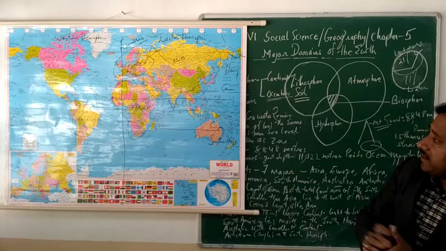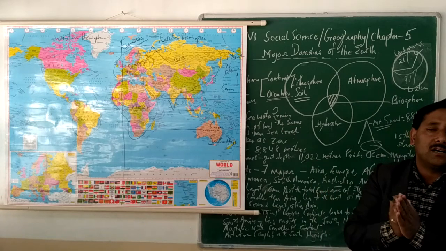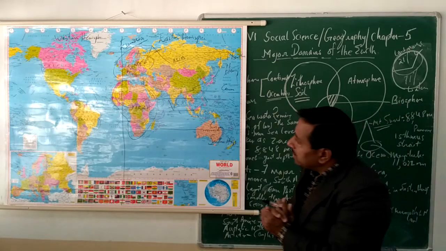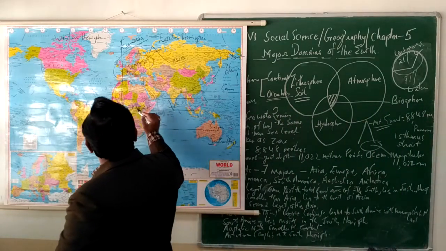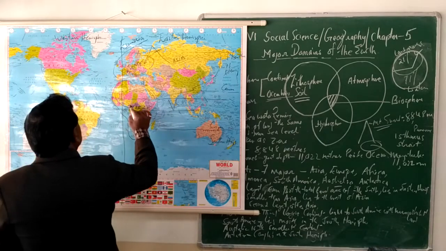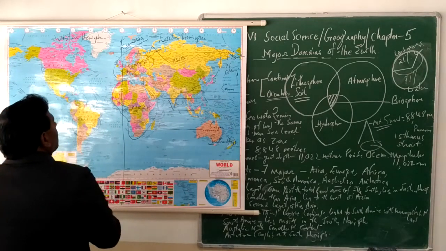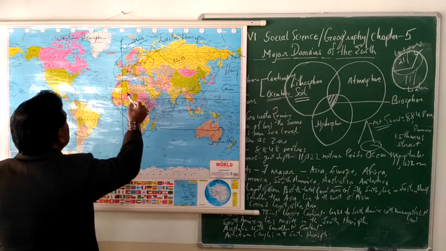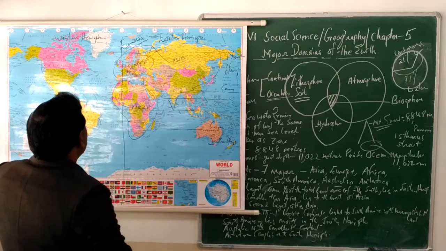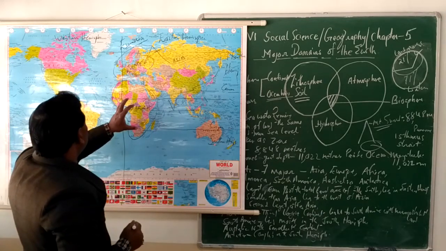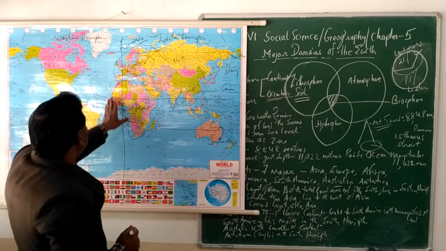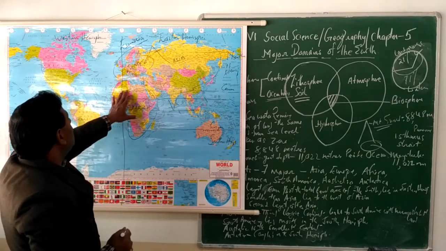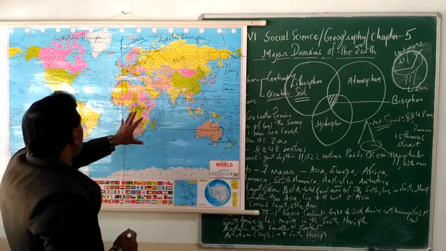Now, another characteristic of Africa is the Sahara Desert. The world's largest hot desert is located in Africa. Although this is a political map, we will not be able to find it so easily. So here is the part where you have the Sahara Desert, one of the hottest deserts of the world, and also one of the biggest. So it is in Africa,